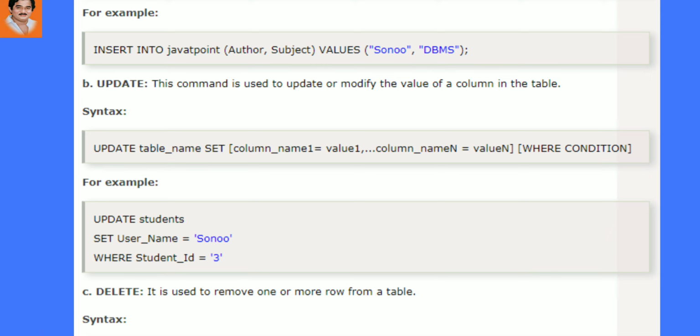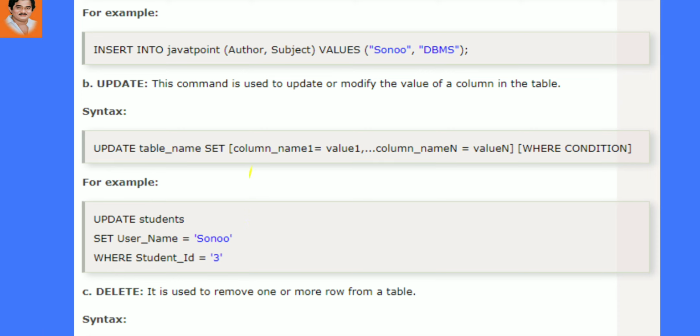I can use it in many cases, like updating the value from the previous value. One example: update students set username equals to Sonu where student ID equals to 3. Here the condition is student ID equals to 3. Previously I had written some name of the student. Now I want to update it with the student name Sonu.